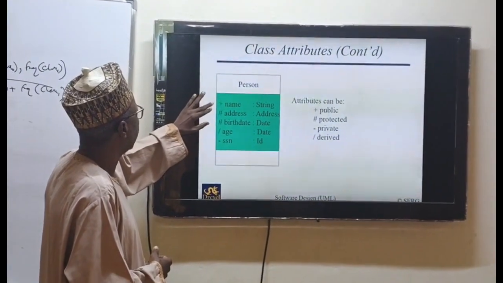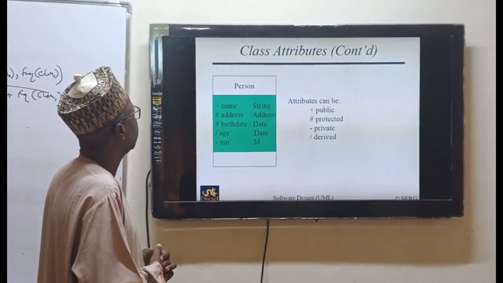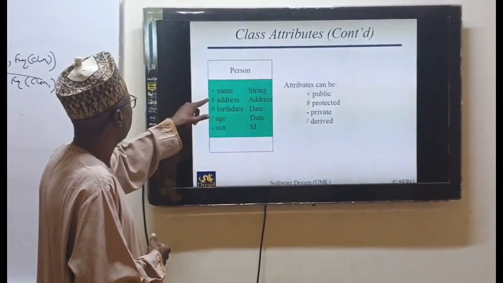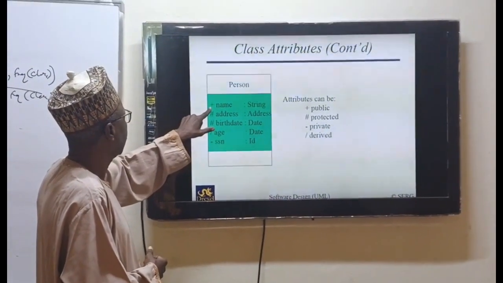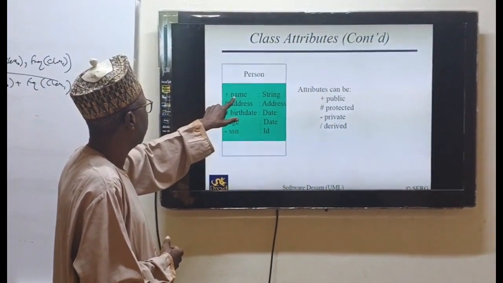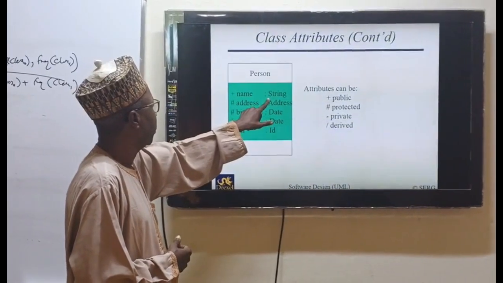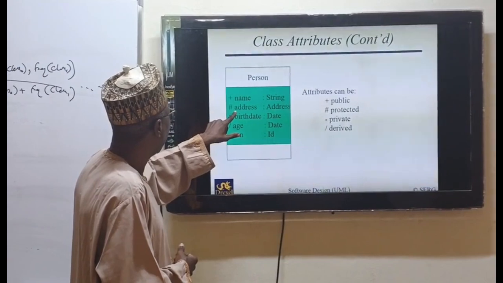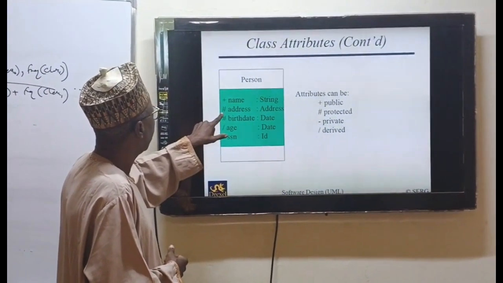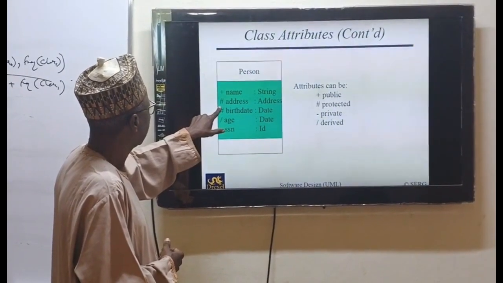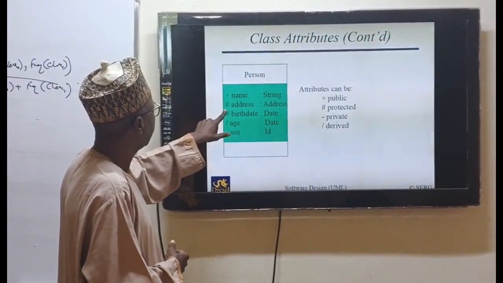public means an attribute that can be visible to other classes. In our example, you can see name has the symbol of plus, which denotes a public attribute. And then this is the name of the attribute, and this is the style as mentioned earlier. You can see that address has the sign of, what do we call this? Hash, yeah. Hash means